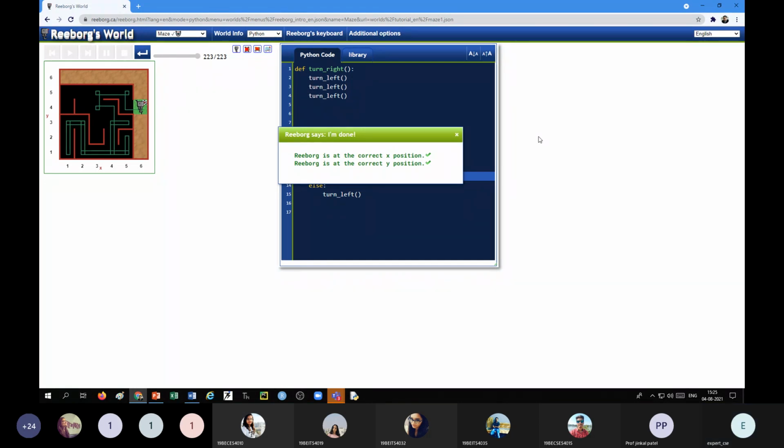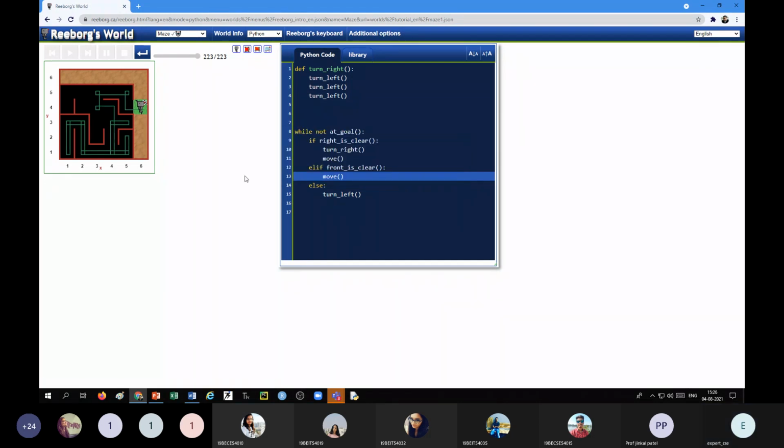But there is a problem when my robot is somewhere here. What happens if the robot is here? It will take right side open four times. It will go to here, so it will be in an infinite loop.